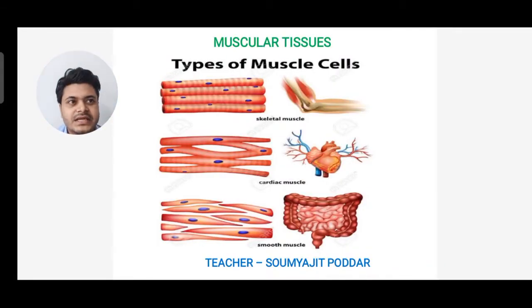So let's start with the topic muscular tissue. You can see different types of tissue. We'll discuss this in detail. You see the different types of muscular tissue are skeletal muscle, cardiac muscle and smooth muscle. The diagrams are given very nicely. You can see